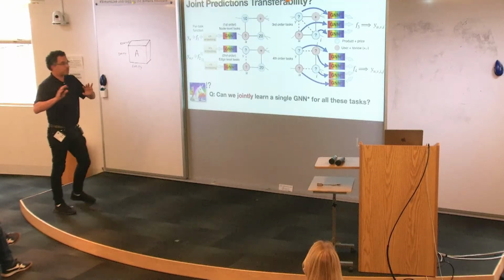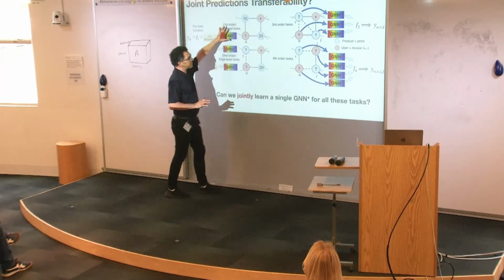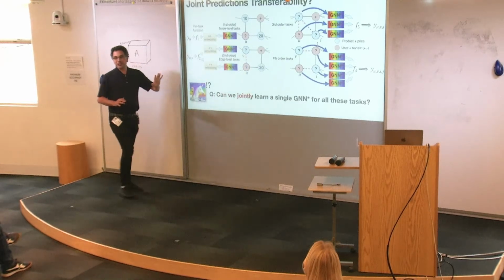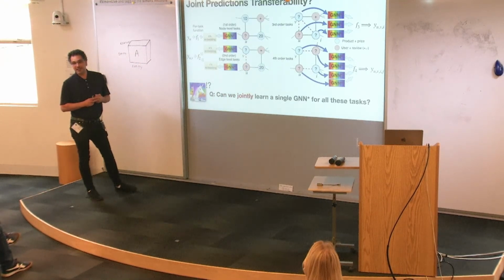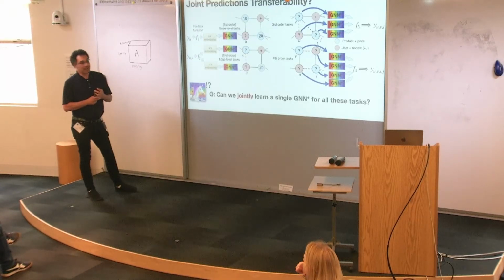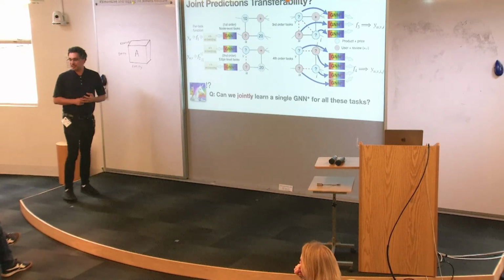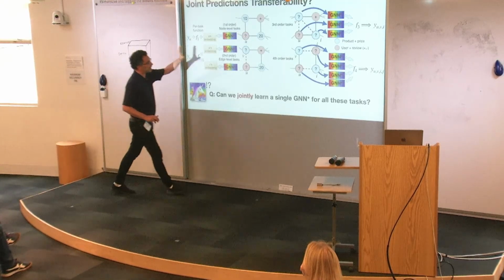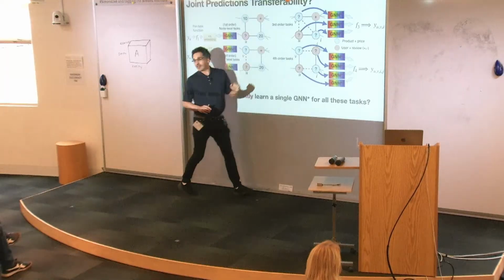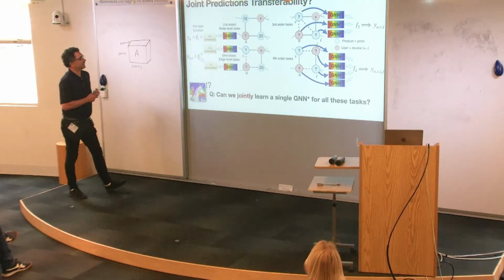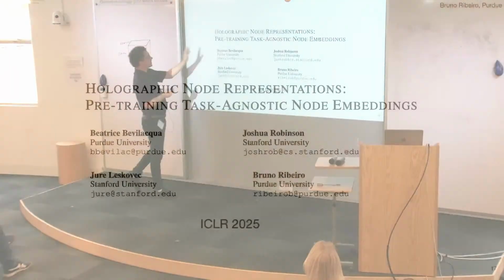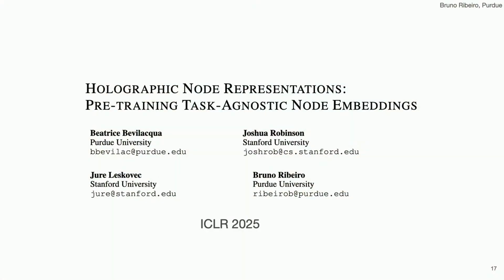But even if you want to just say, I want to train on these 4 and then test on the same 4, can I do it with a single graph neural network? It is the same graph. Suppose it's the same graph. Could be different graphs also, right? You train on different graphs. But imagine, just make it simple, let's train on the same graph. Okay? All right, so this is what this work is about: is it possible, and how can we do it?